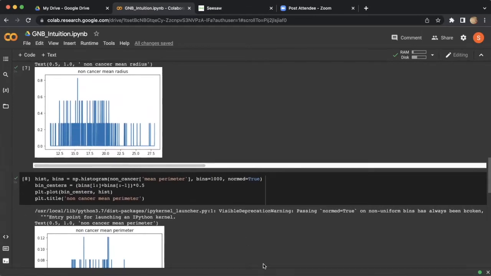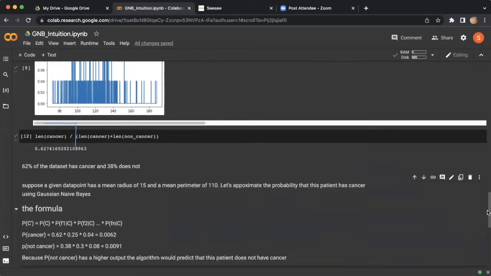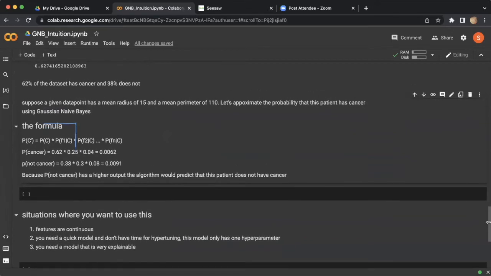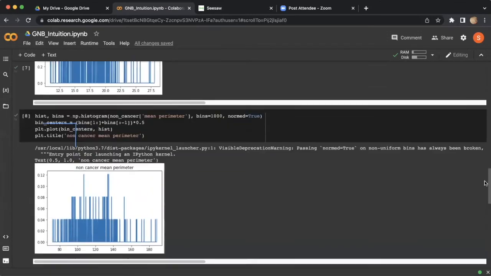So what it's going to look like is we're going to look at 15. This is their value for the radius, and the curve seems to stop about here. If we look, that's about 0.25. Ignore the line. When we go down, we have 0.25, and now we're going to multiply that by 0.04 because,